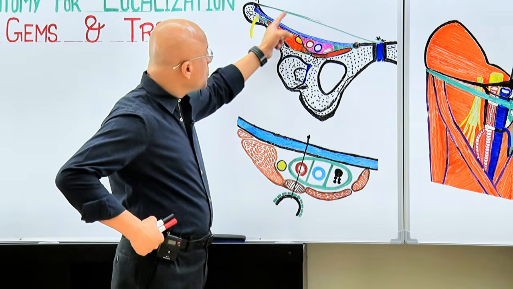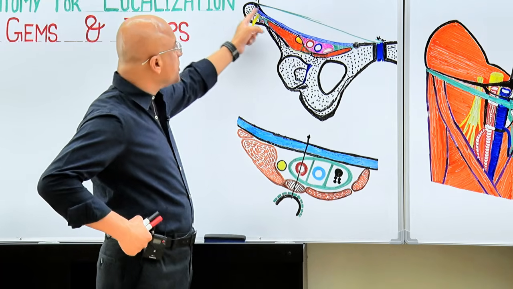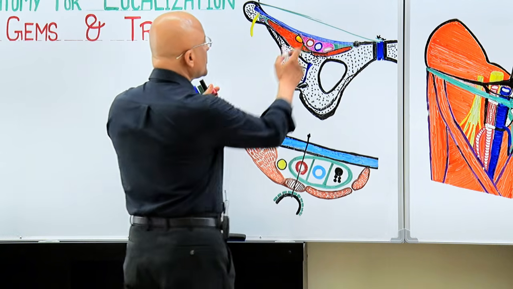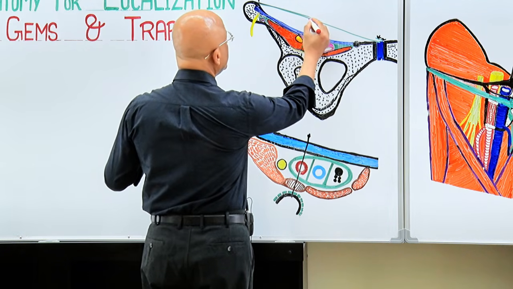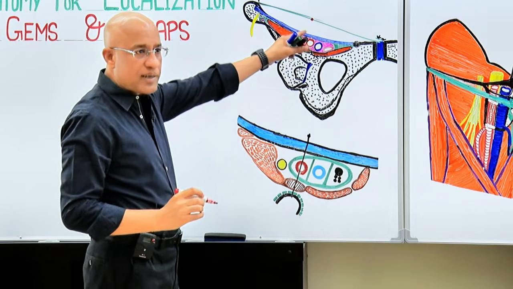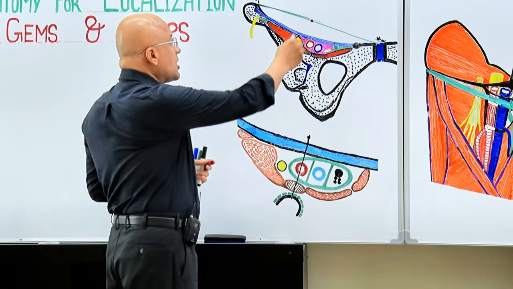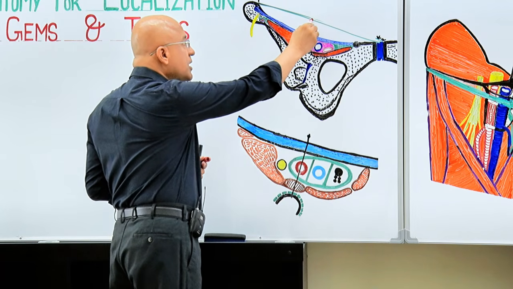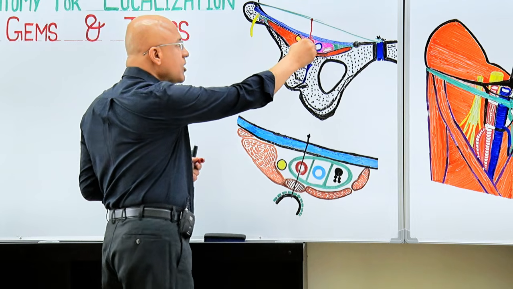Now, if you draw an imaginary line between these two, and just at the center of this line, just below the inguinal ligament, if you press, you are pressing on